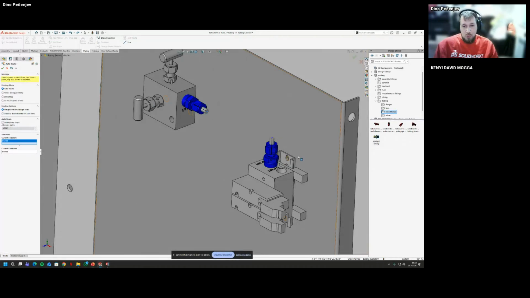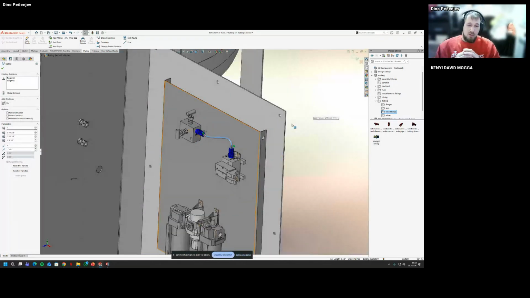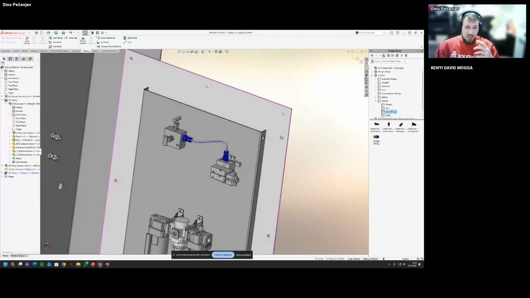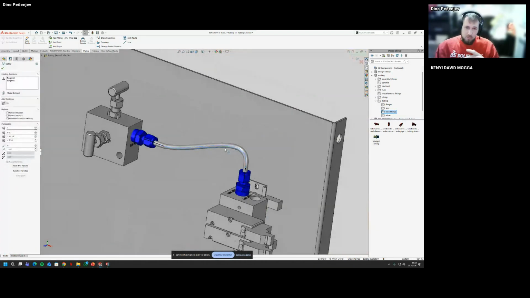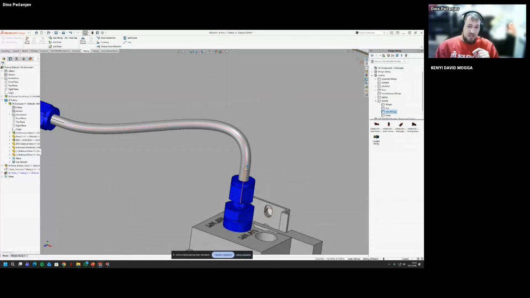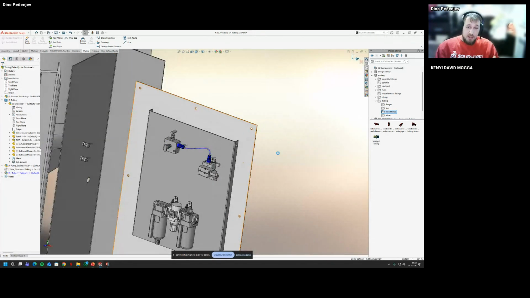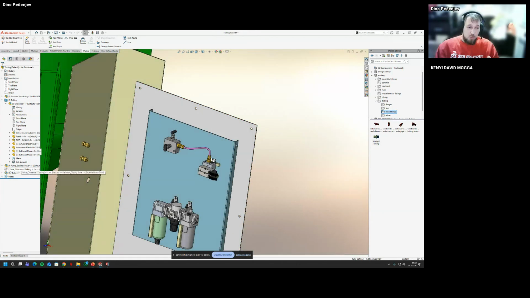And here, when I use the auto route, what I get is actually a spline. I can segment it. I can use any spline information and functions I've used before for regular sketching. An important thing to notice is that the ends need to be tangent. And here, this part, my flexible tubing part of the route, is done.